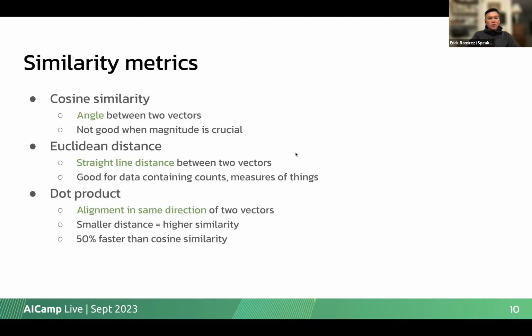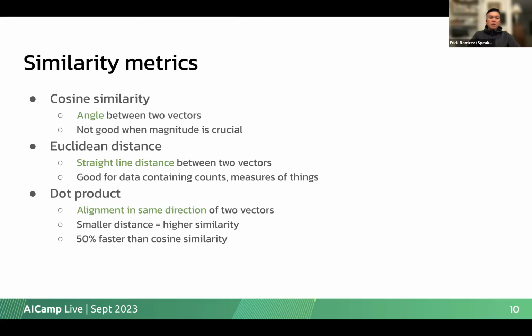The next one is Euclidean distance. This one is fairly straightforward as a similarity metric, because all it's doing is trying to measure the straight-line distance between two vectors. It's good for data containing counts and measures of things.